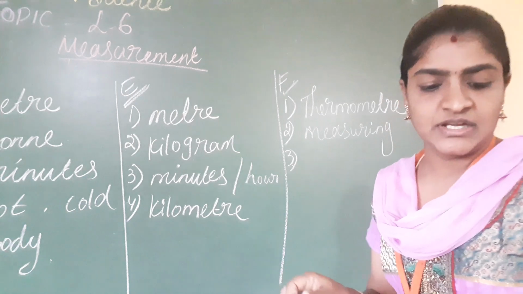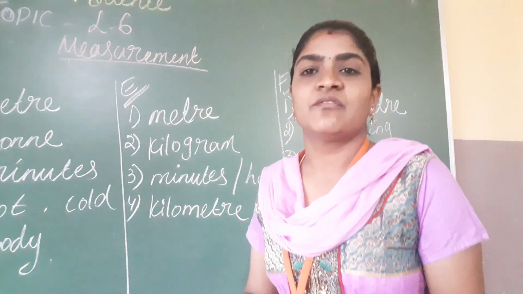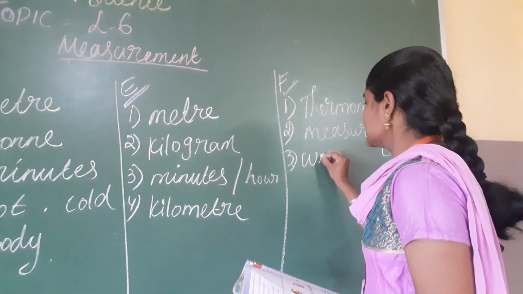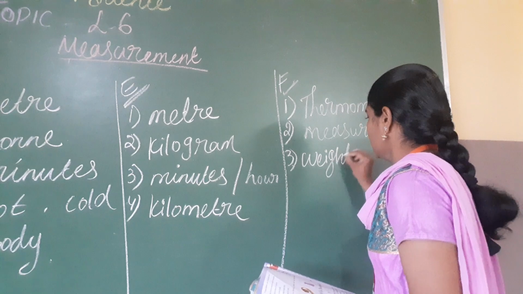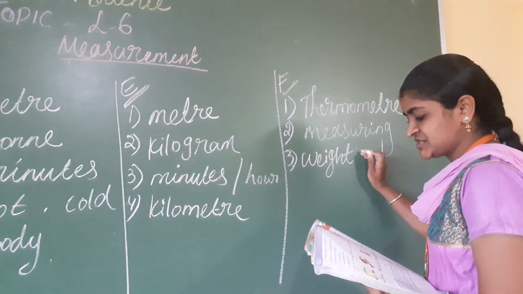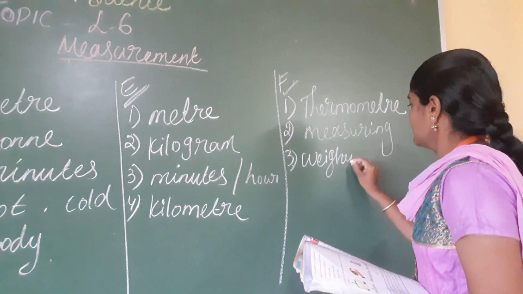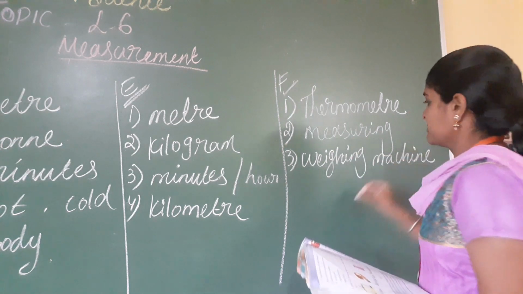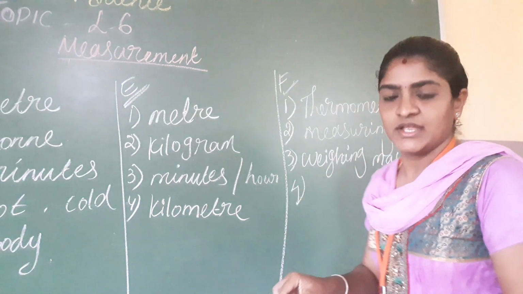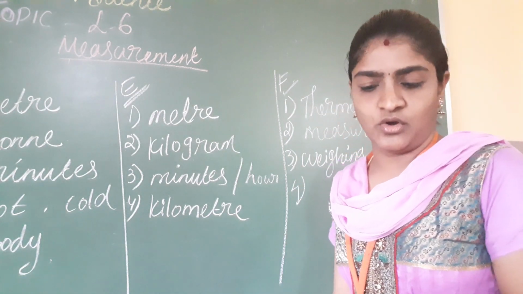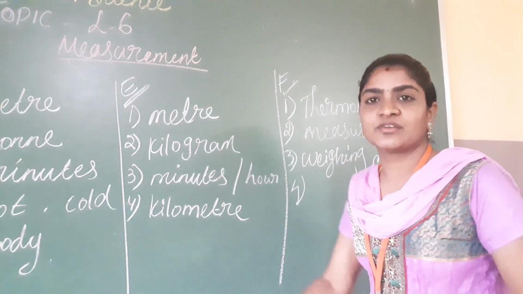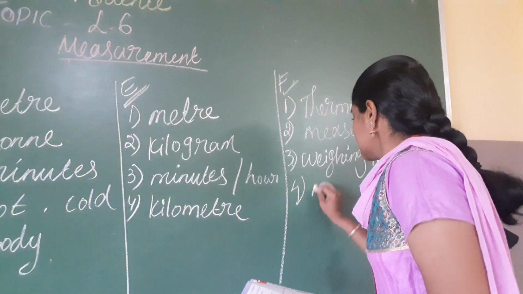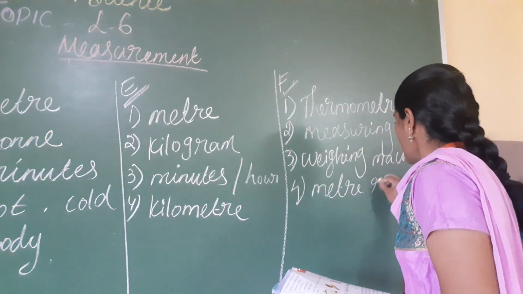Okay, and third one, weight of some fruits. With the help of a weighing machine, we can weigh the fruits. So we have to write the instrument name here, children. The weighing machine. With the help of the weighing machine, we can see how many kg the fruits are. Okay. Next, fourth one, length of a cloth. With the help of a meter rod, they will be measuring the cloth. The answer is meter rod.